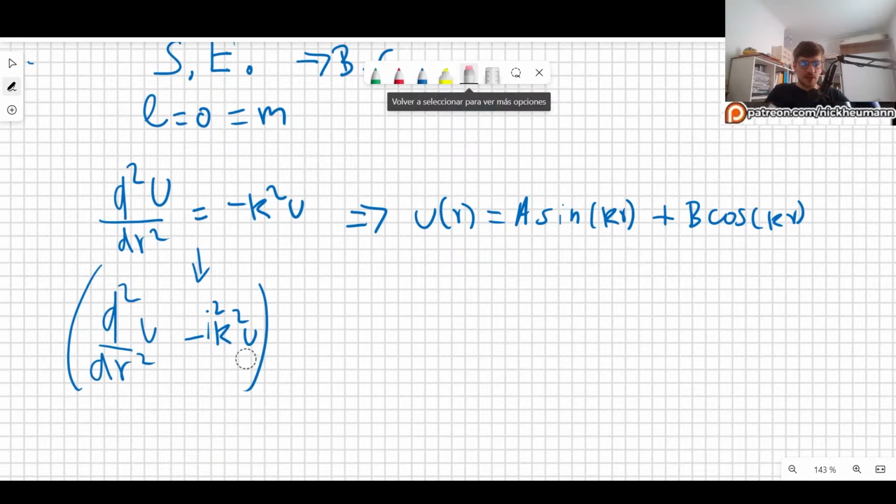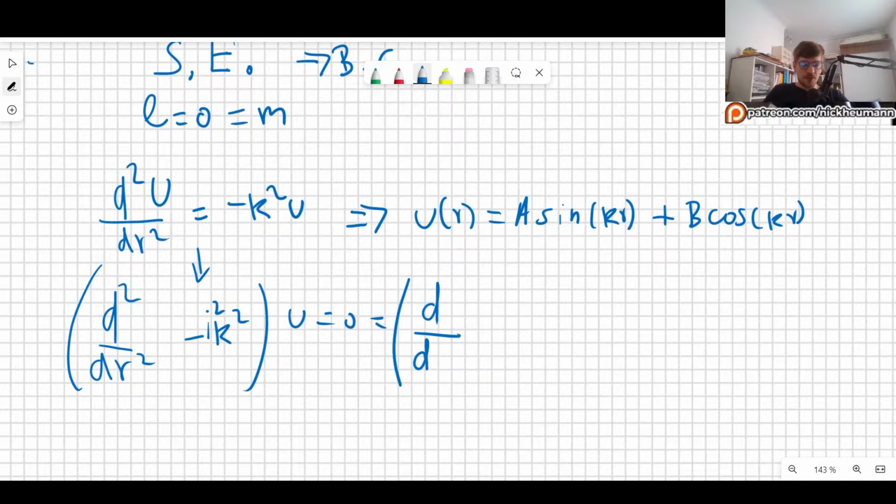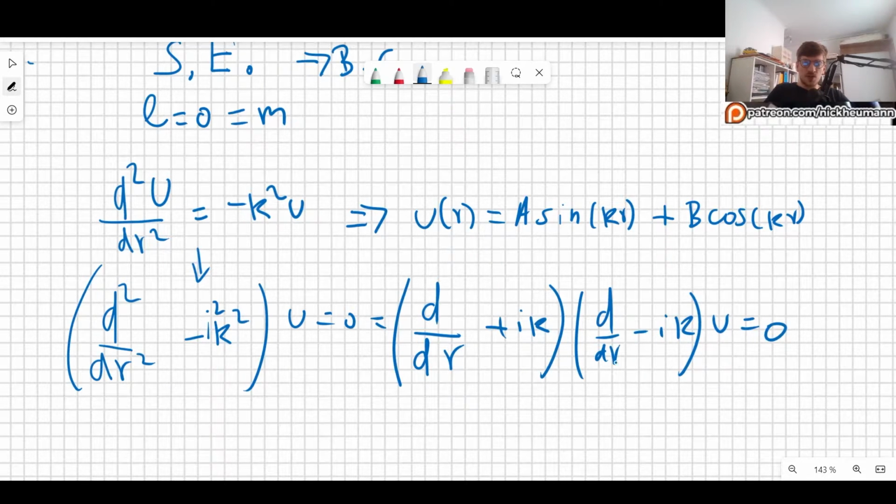Then we factor out a u, we just write it outside, u equal to 0, and then we rewrite this as the sum of the squares, or the product of, so we do d/dr minus i k, or rather plus ik, I like it like this, even though it's the same, (d/dr minus ik) u equal to 0, right? So for this to be 0, either this times u is 0 or this times u is 0, and each one of them is going to give you